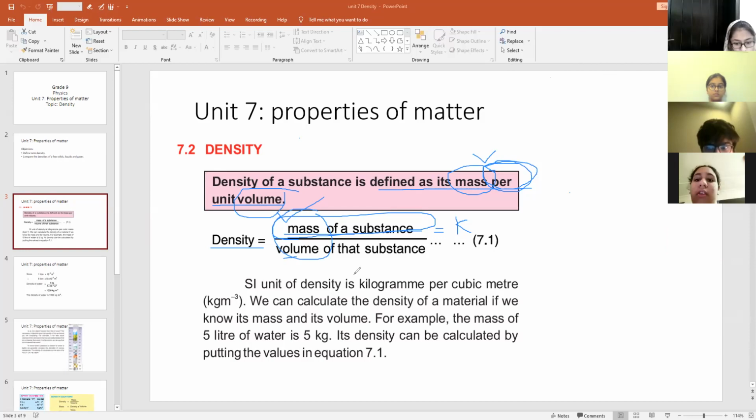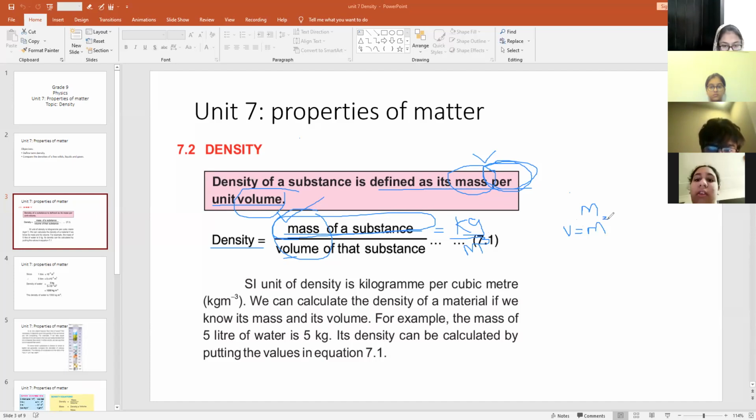Okay, so class, we are discussing density. So density is equal to mass by volume. All of you know that the unit for mass is kg, and the unit for volume is meter cube. Meter cube is the base unit for volume. As you know, the SI unit for length is meter, right? So volume we have derived from the base unit. Volume has the same unit, but it is always cubed. So we have to take it as meter cube.